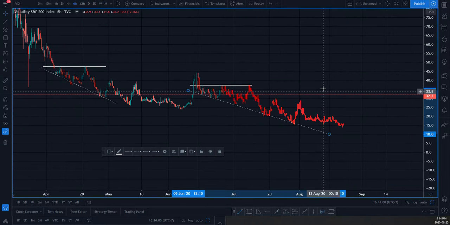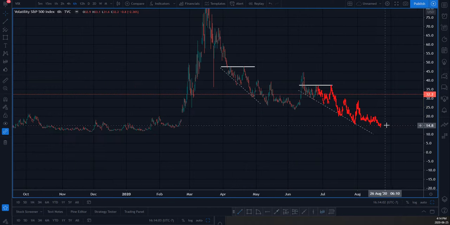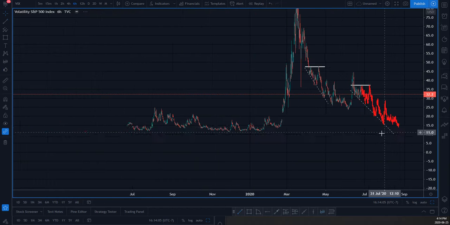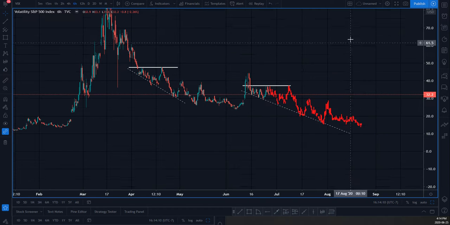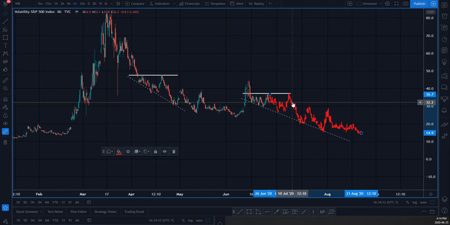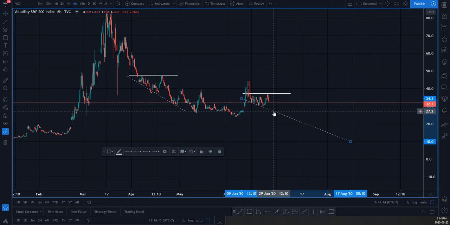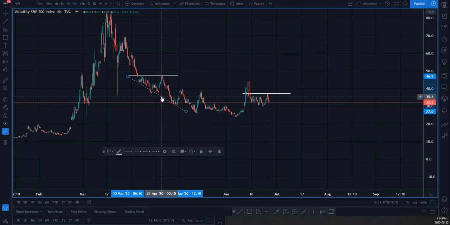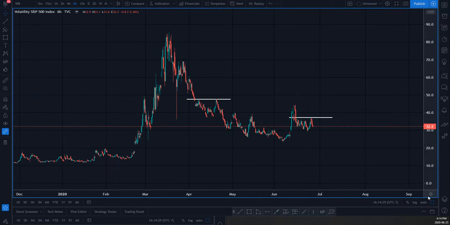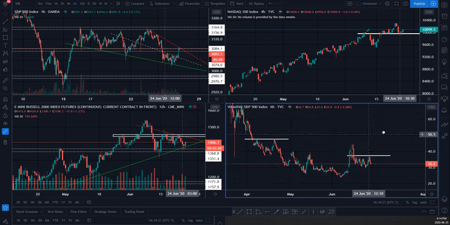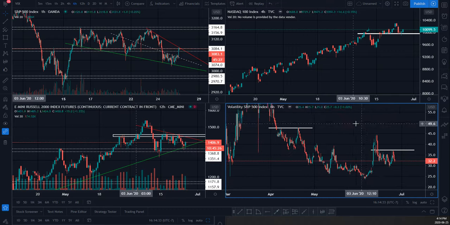And then we continue the slow descent, and then we'll go to our base of like 14, 13 bucks, which is where we're normally sitting for the VIX. Around 10 bucks is like the low. So if the S&P continues to go up, that's probably going to be the direction of the VIX and the overall trend. But if the S&P starts to fall and we get a lot of sellers coming into the market, and if the VIX goes around 37, that's going to make things a lot more interesting, because then the overall momentum is going to be shifting back up in volatility, which is going to be a potential risk-off environment in which usually you're looking